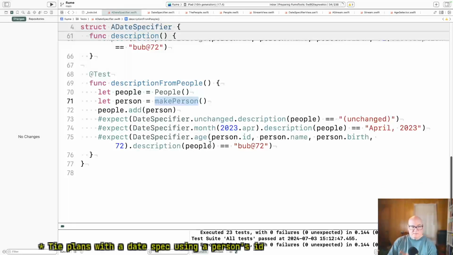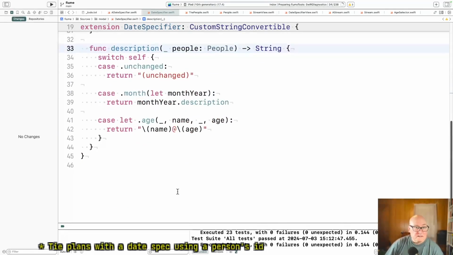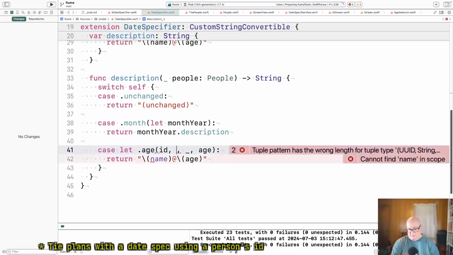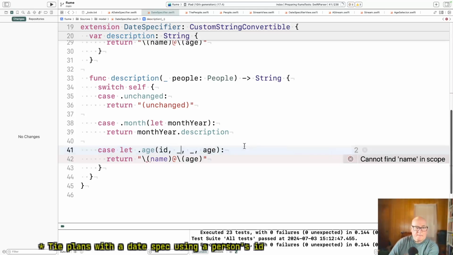Okay, so I want to do the flip. And I guess this is more or less a refactoring. Okay, we're going to add. And we don't need name. We don't even use the birth year thing, so it's funny that's in there.